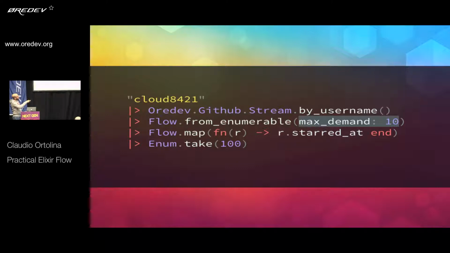But when we pass those 10 items downstream to this function, then this level is already asking for another. Sorry, we pass down 5 because it divides by 2. So it's asking for another 5. So it basically pulls 5, 5, 5, 5, 5 at a time, because by default it just does this number divided by 2. And so we basically pick 5 elements at a time in a continuous fashion. And as soon as we get to the point where the stream is exhausted, it fetches the other page.